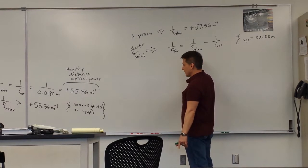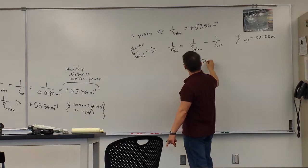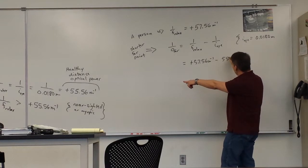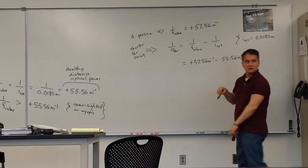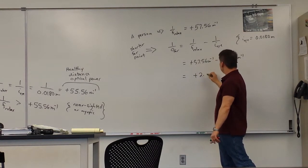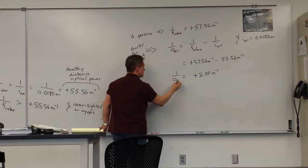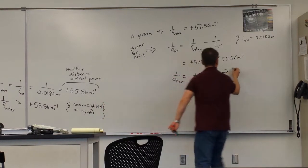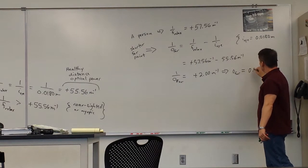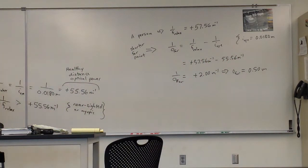So what we're left with then is plus 57.56 inverse meters minus, if it were healthy, it would be 55.56. Therefore, it would be off by a value of plus 2 diopters, which would imply a far point of a ghastly 0.5 meters. So there's a person with this extreme